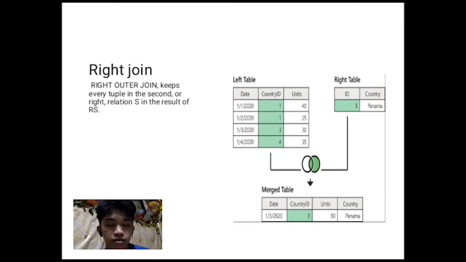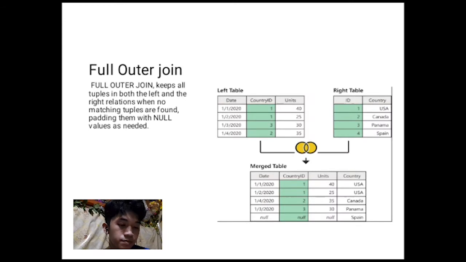So the third one and last, full outer join keeps all tuples in both the left and right relations when no matching tuples are found, padding them with null values as needed. So in the full outer join kay merge jud tanan o same gyapon gina butang og null ang nga walay values or kanang kulang ang mga information. So